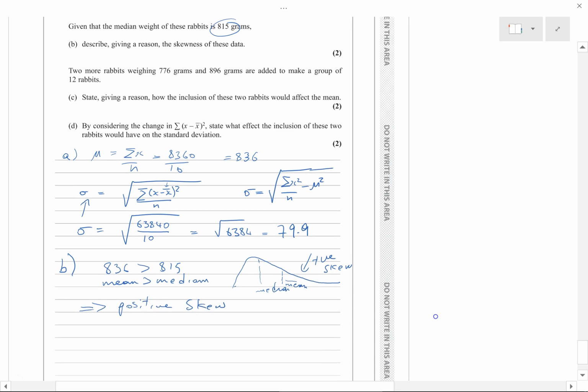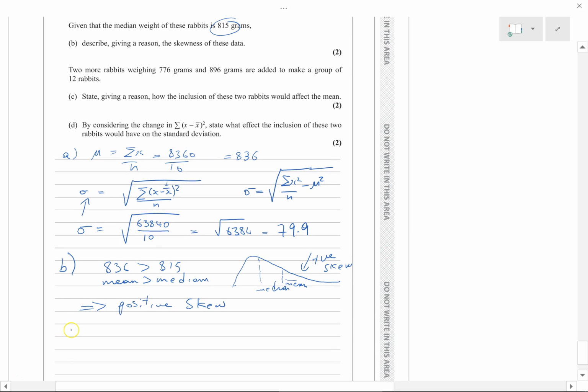Right, now, it says 2 more rabbits, part C. 2 more rabbits weighing 776 and 896 are added to make a group of 12 rabbits. State, giving a reason, how this inclusion would affect the mean. Well, we've got the mean is 836. What we notice is that both of these are equal distance from the mean. So in other words, we've got 836 take away 776, which is equal to